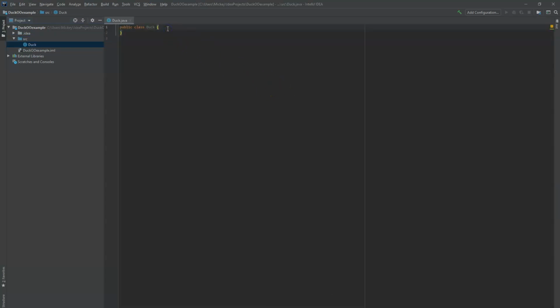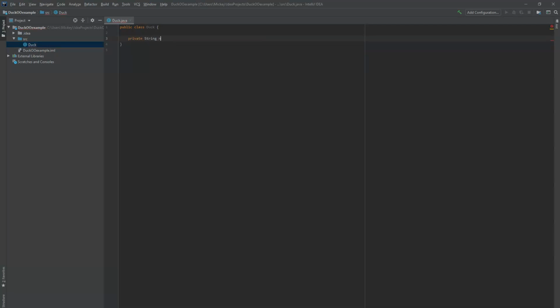And in our duck class, we're not going to use public static void main. Classes that are going to be objects don't need to have a main method. They're going to have what's called a constructor because we need to be able to construct duck objects. So before we do that, we're going to put in some of the data that we said this class needed to contain. So we're going to do private